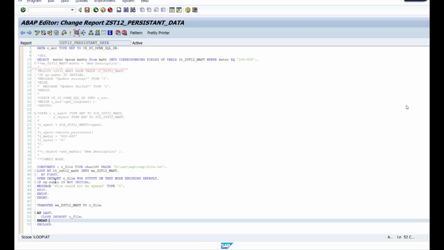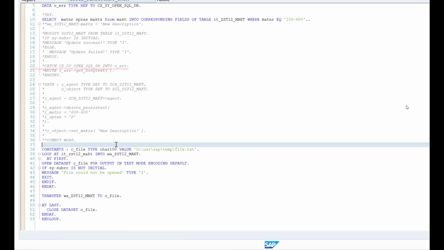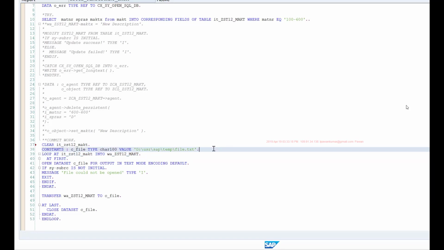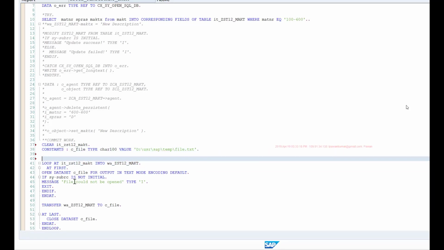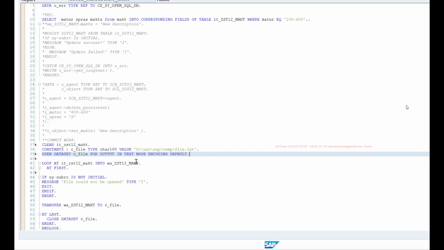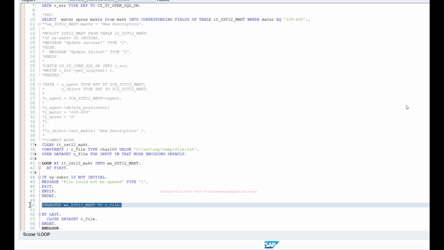So for that, I'll clear my internal table, and we use this open dataset statement to open the file again. This time I'll open it for input in text mode.